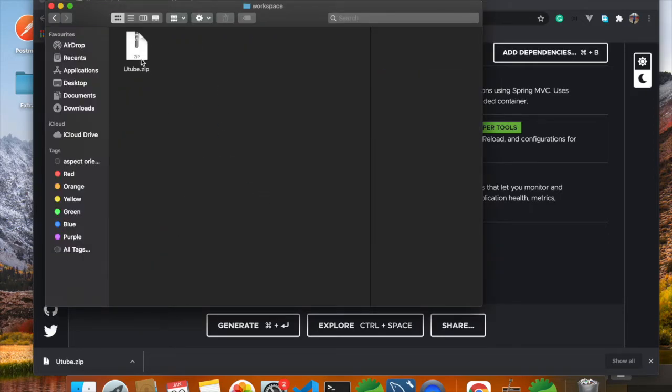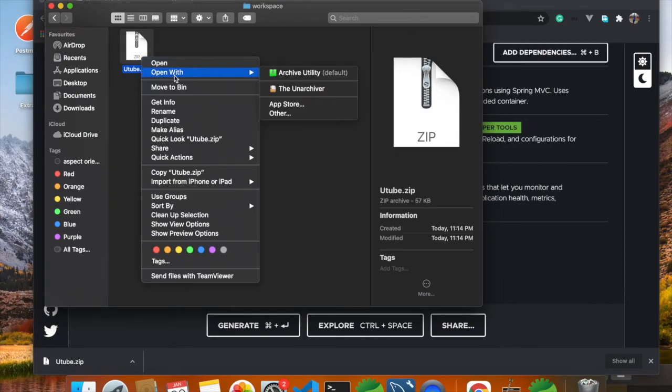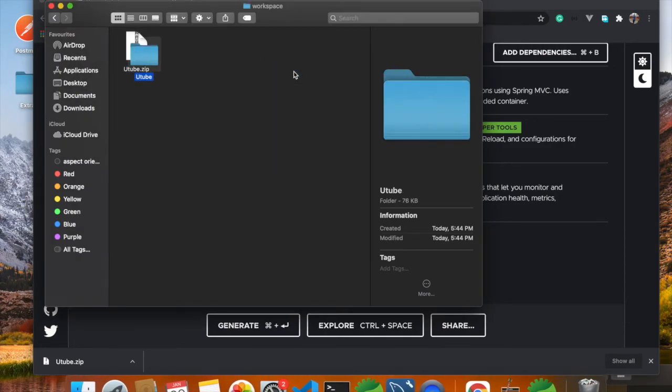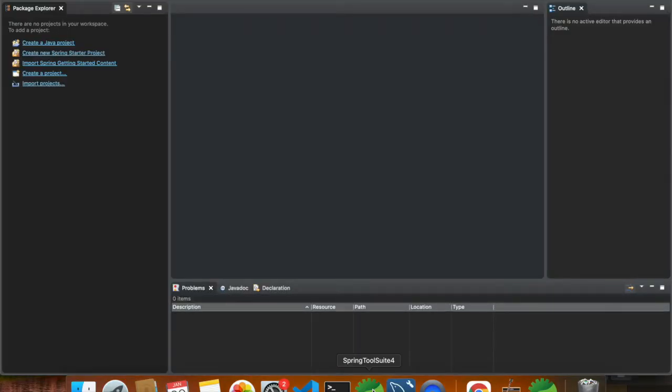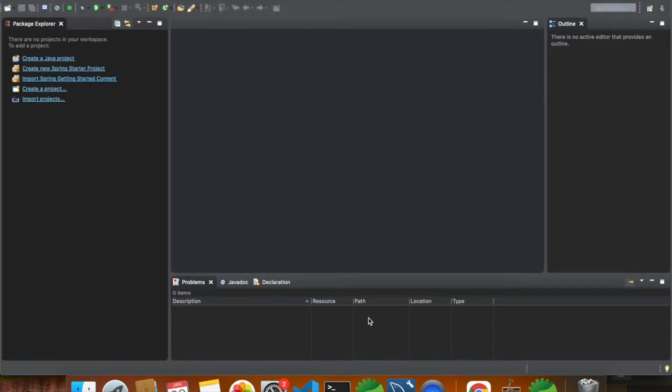So I have pasted this whole project over here. Now what we have to do is extract it. I'll extract it. Now I have placed the zip file in the location where I want to store the application. Now I'll unzip it and import it to the editor. I've unzipped it. Now it's time to open the editor. Here we are using Spring Tool Suite, that is STS, for developing this REST API. So let me open Spring Tool Suite. Now I have started STS and it's time to import the project.